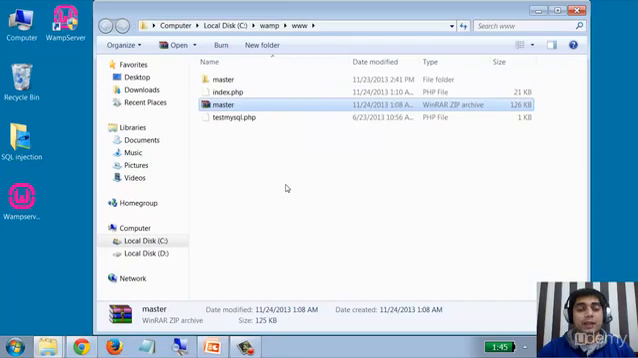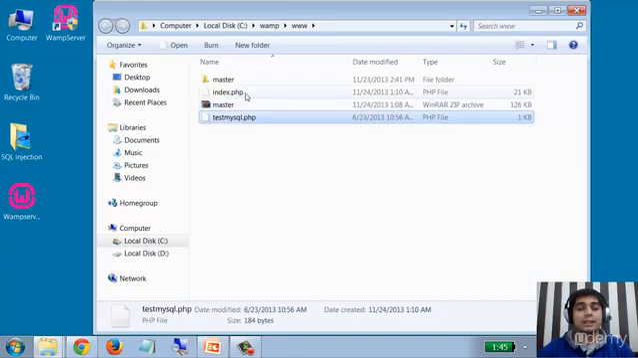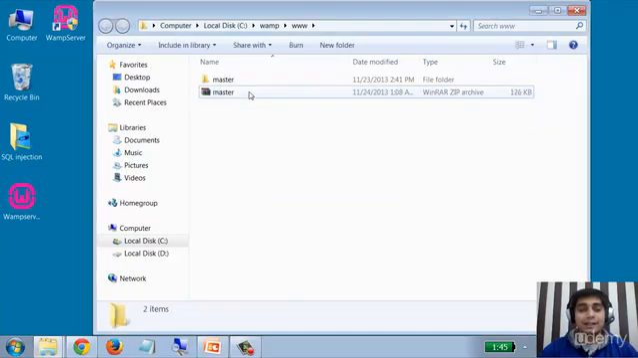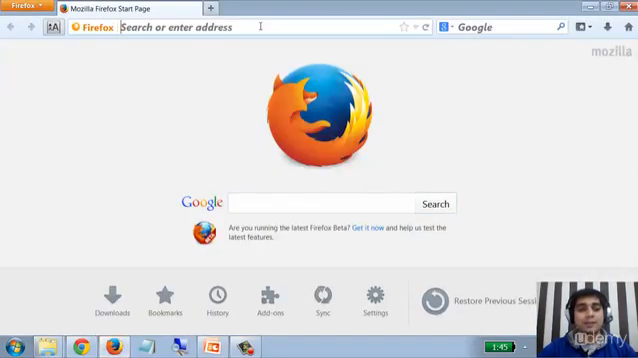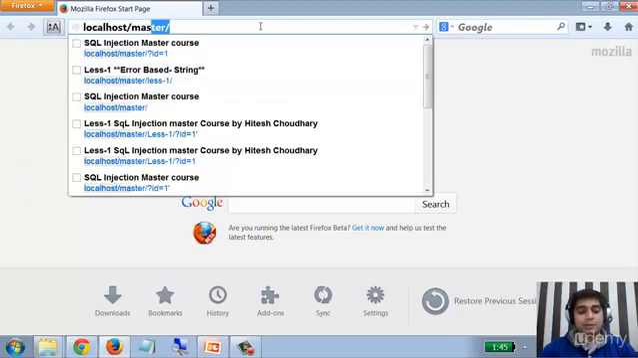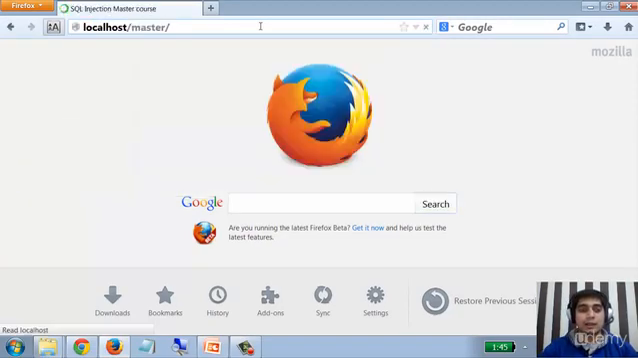Now you can simply leave these files, but I really don't like them to have, so I'll delete them. It's just a matter of perspective whether you really like them or not. Now I'll open up my browser, that is Mozilla Firefox, and I'll type localhost and master, and in that I'll